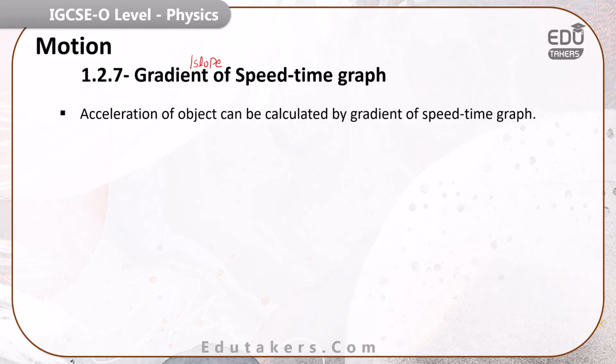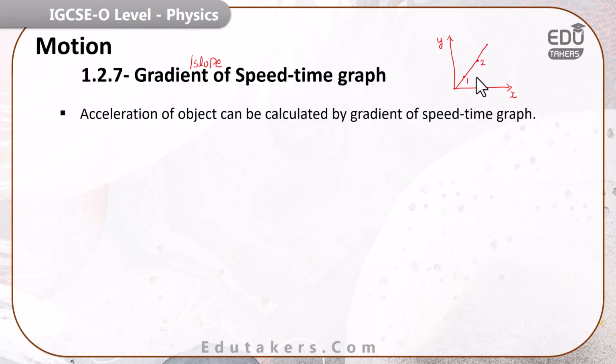So first of all, let's suppose I have a graph here. This is the y-axis and here is the x-axis. Here I take any curve on this graph and I want to find out the gradient of that graph. I take any two points on this graph at any position. This is the first point and this is the second point.